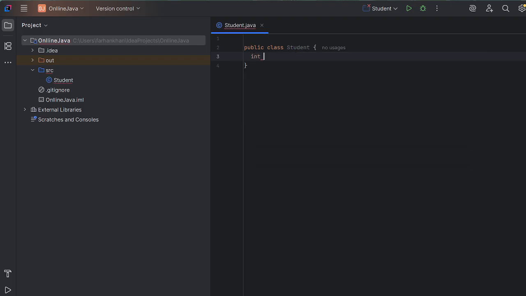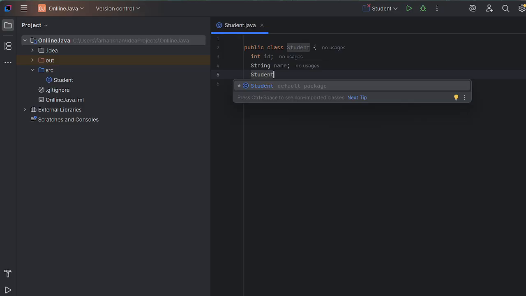So let us create two fields. And the constructor will initialize these fields.